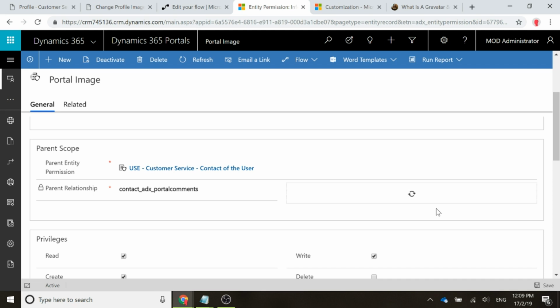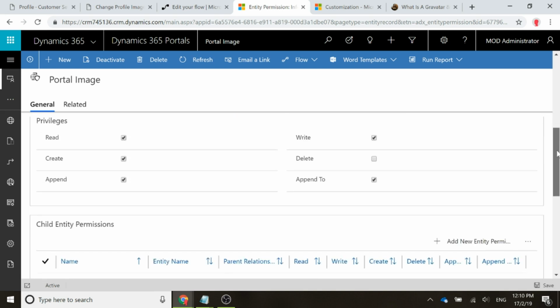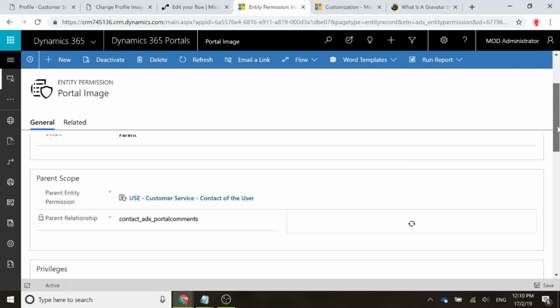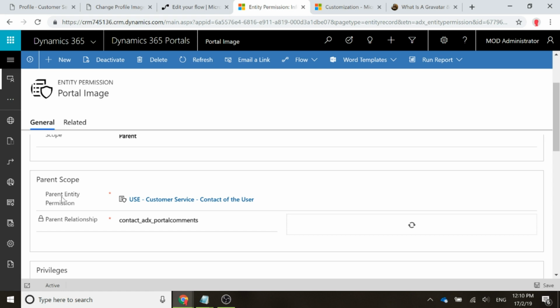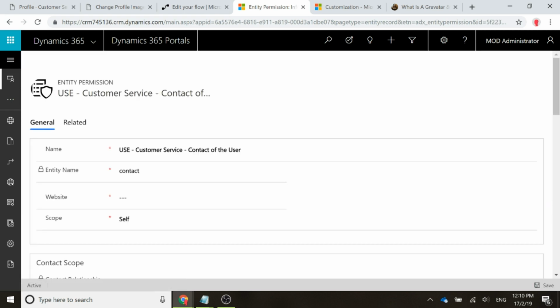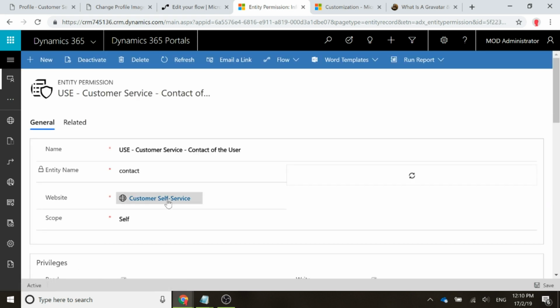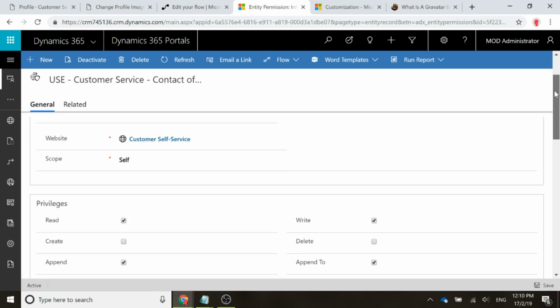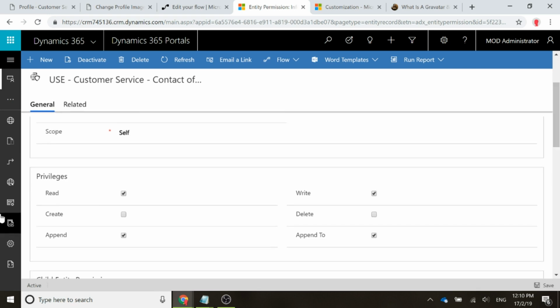And we're basically saying it's any portal comments that are linked to the actual contact that is logged in. Again, we look at the privileges. We've got read, create, append, write, and append to. And if I go to the actual parent entity permission record, we'll see that this is set as the entity name of contact, the correct website, and then the scope is self. So read,